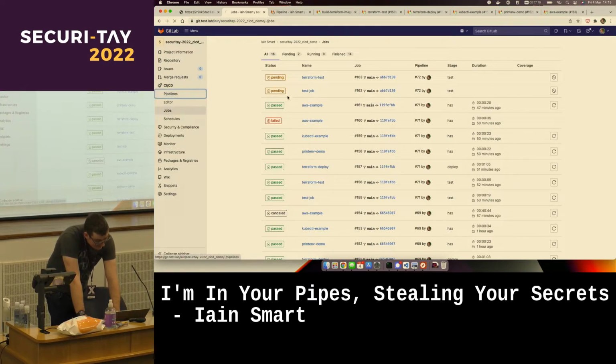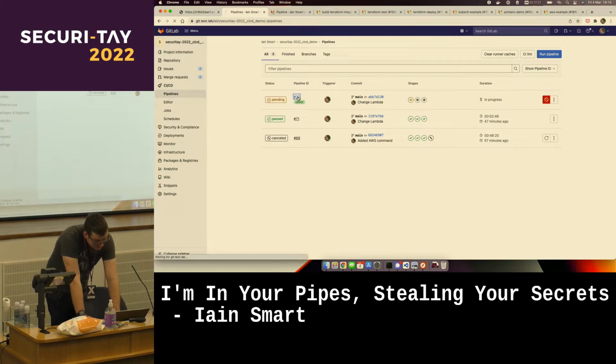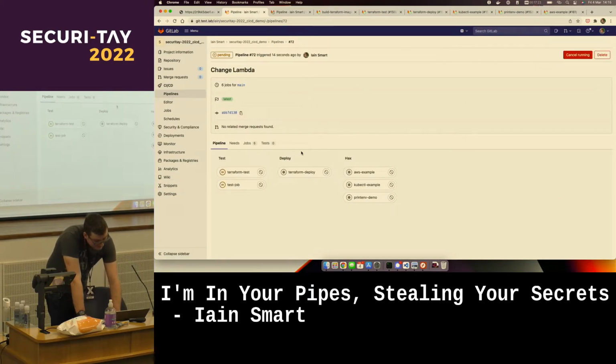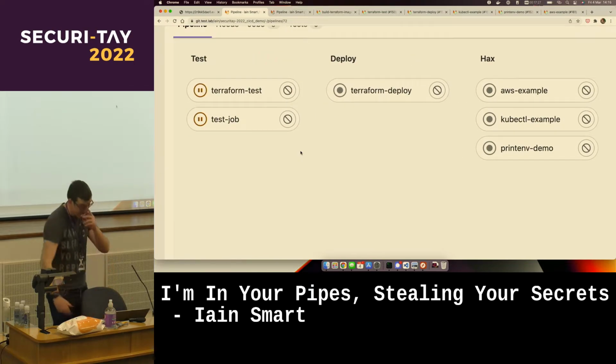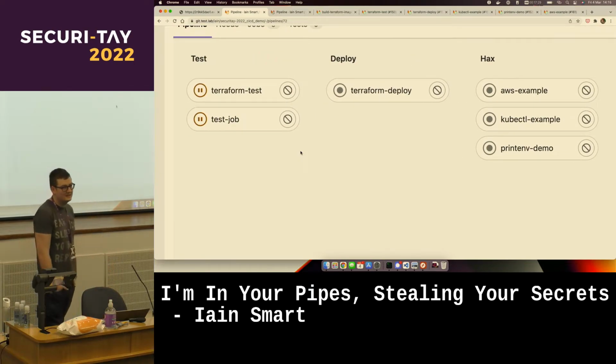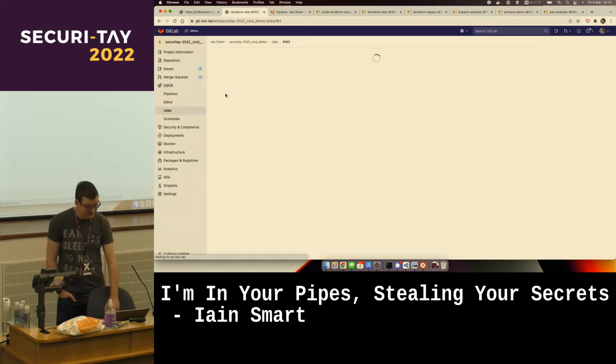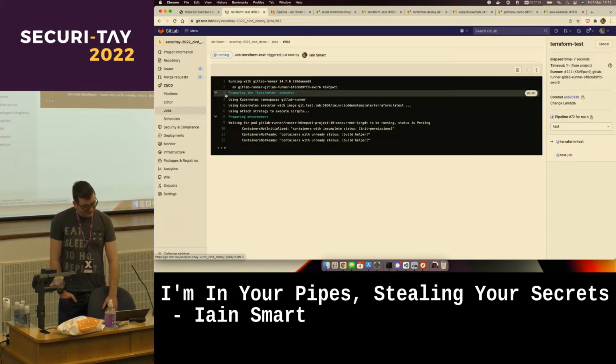So if I now go into the pipelines and select job 72, what you can see is I've got my 3 stages of the pipeline running. So at the moment, it's about to do the test tasks, and then it's going to actually run the deployment. So you can see there the stage has changed. These tasks are actually running, and if we click on one, we'll see output from the